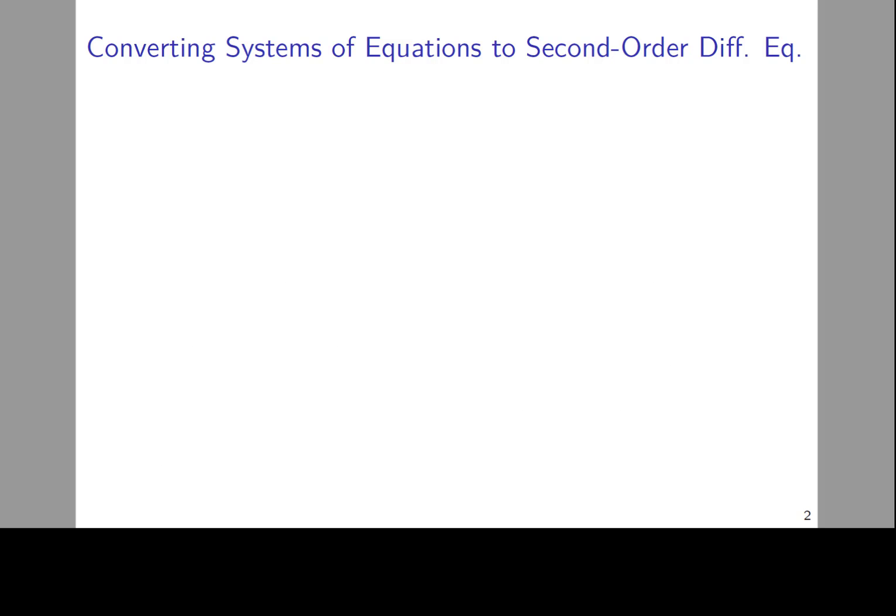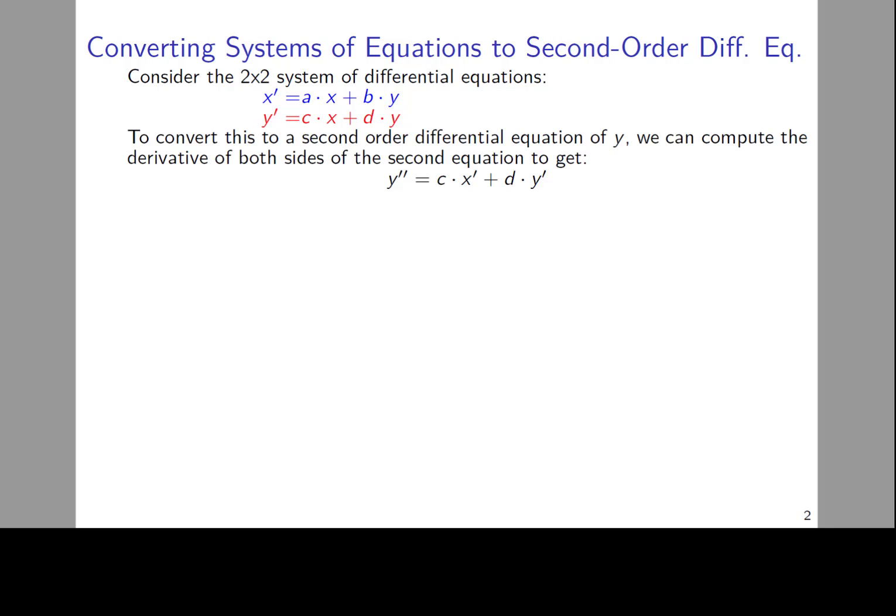To see this conversion, consider the 2x2 system of differential equations x prime equals ax plus by and y prime equals cx plus dy. To convert this to a second-order differential equation of y, we can compute the derivative of both sides of the second equation to get y double prime. In particular, computing the derivative on both sides gives that y double prime equals c times x prime plus d times y prime. Now, to get this completely in terms of y, we don't want to have x prime involved